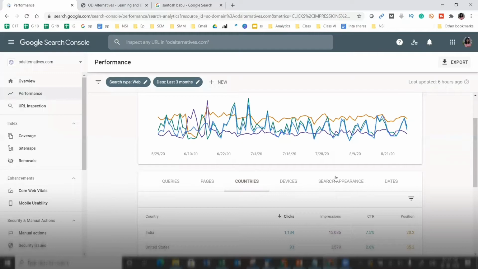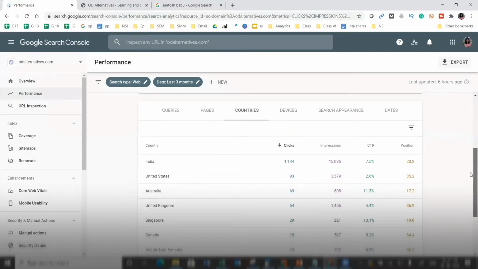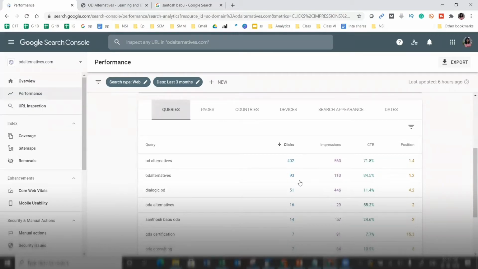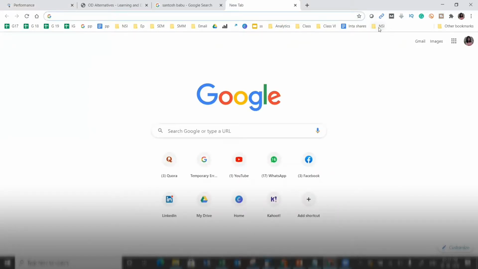We saw that when we go to the query section, I can see what all queries I am ranking for. Let me quickly share the information, just a moment.